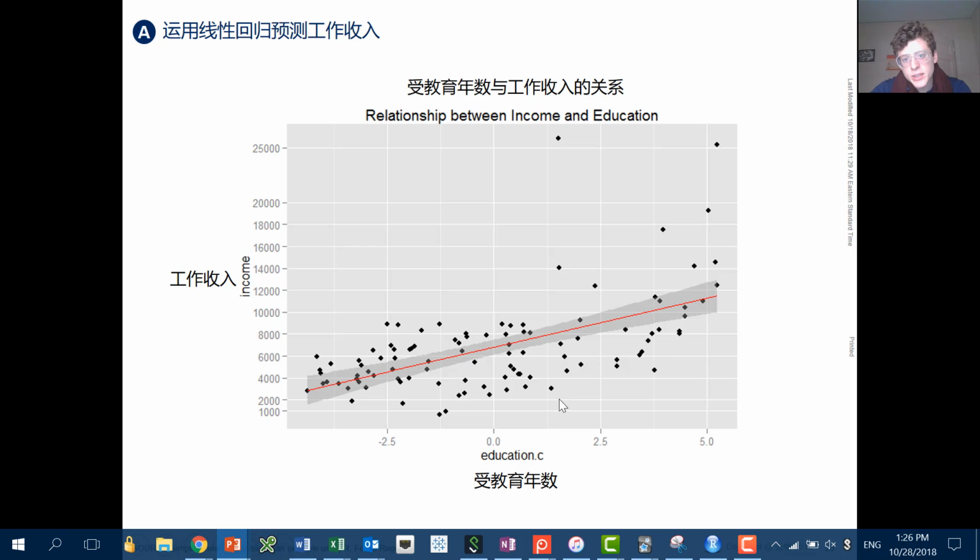Now, the question is, how do I know how good this linear regression line is? One intuitive way to think about it would be, how off am I from my predictions? Am I close? Is this line really close to these predictions? It was really close for this one, but it was kind of far away for this one, and really far away for these two. If I was only looking at these, I would say that's a terrible prediction. But if looking at this, I would say it's a great prediction.